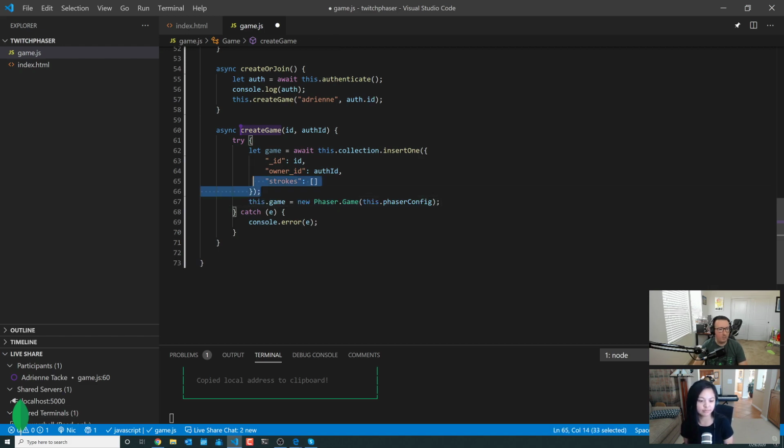So basically we do an insert. After we get some kind of result back, we start our game. And so we have to set up the start. I think there's like a start scene, right? Or a scene start. Yeah, we'll get to that. I think this will still work though for now.